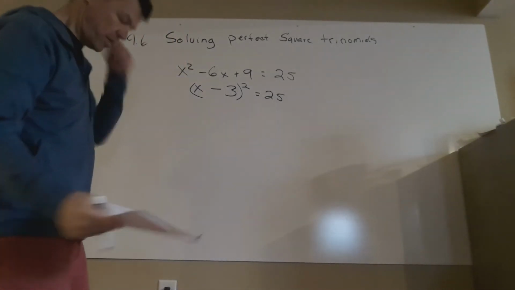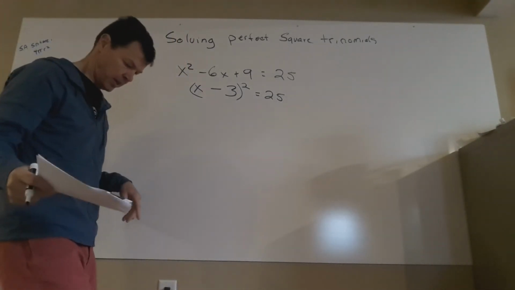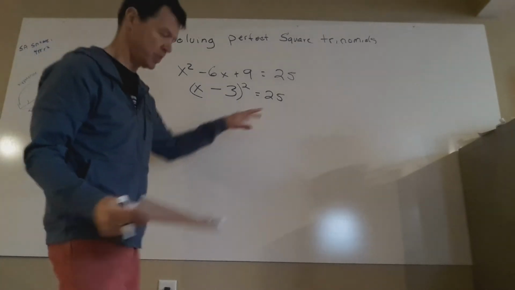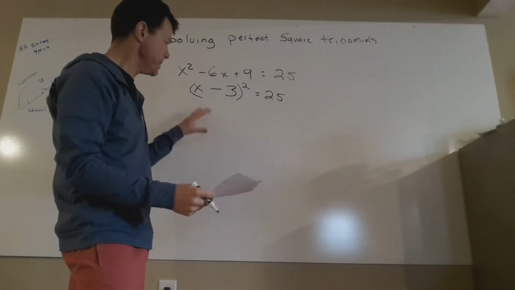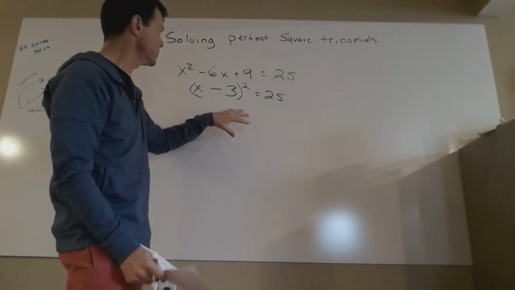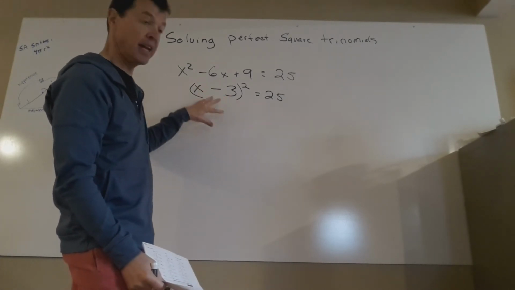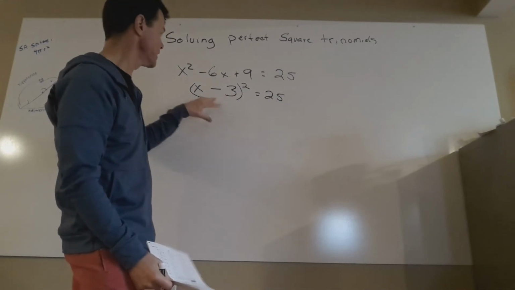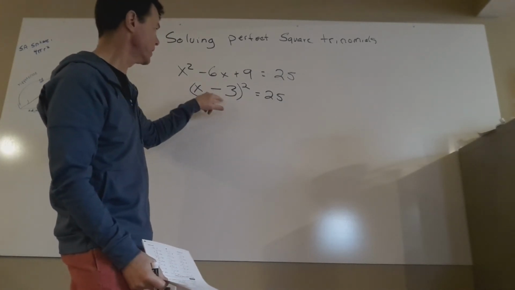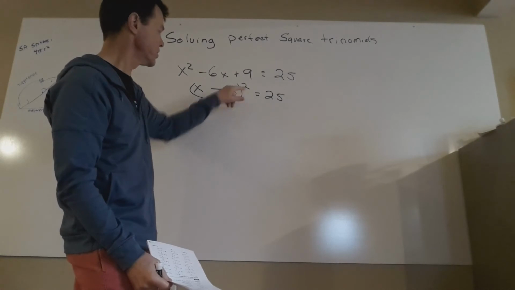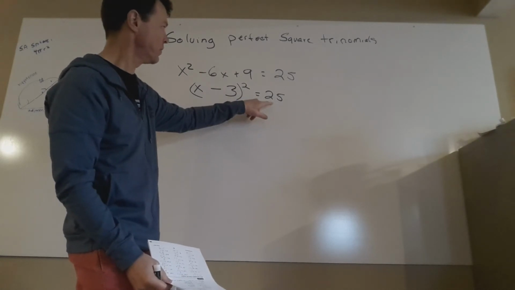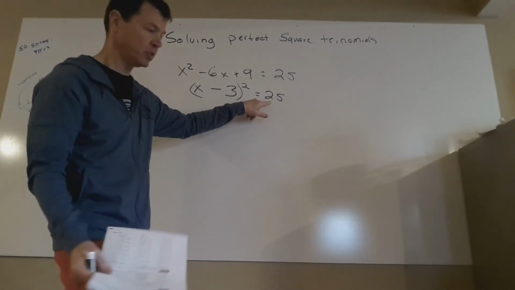All right, well now since we have this equaling something else besides 0, that just requires a little bit of extra work. But we're still going to solve this, and the way to solve this is just to take the square root of both sides. Take the square root of x minus 3 squared, and that eliminates the 2. The square root of 25 can be two solutions. It can either be